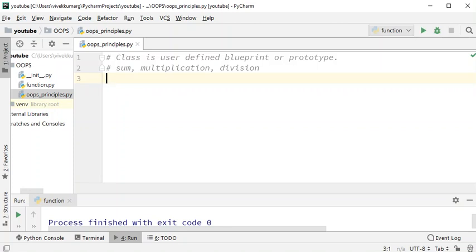If you create a class called calculator, you will have methods as sum, multiplication and division. So that tomorrow this looks like a blueprint and anyone can use the functionality by utilizing that class. So this is the importance of creating a class.